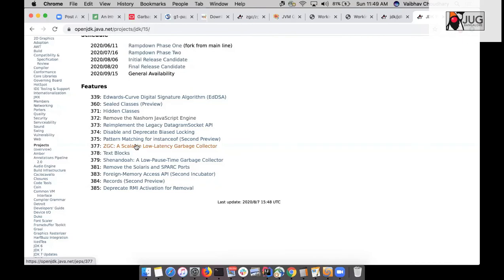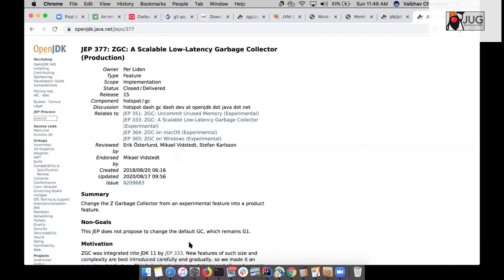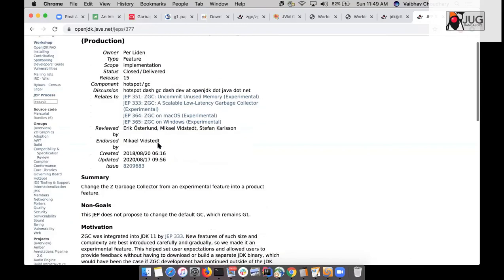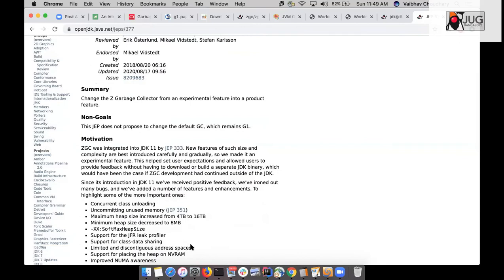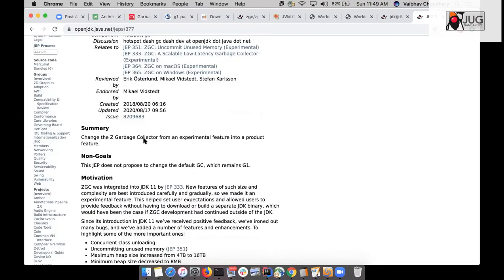And I think it would be great for ZGC. Just one second, guys. Okay, a lot of change has been done about the uncommitted features, and ZGC still seems to be experimental. Let's change it from experimental to product feature. So I will check it out. It is still not changed from an experimental feature into a product feature.